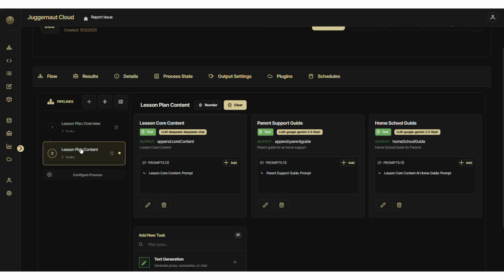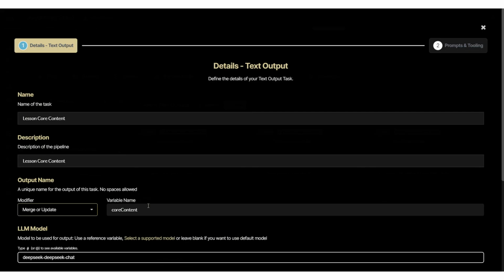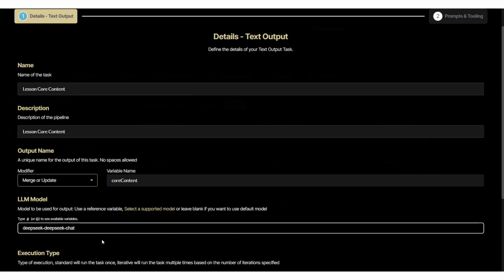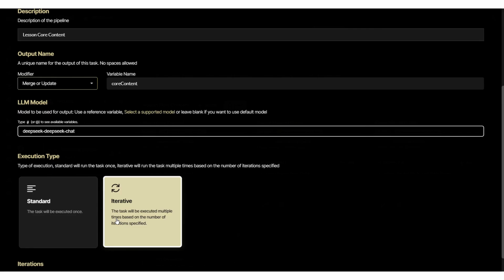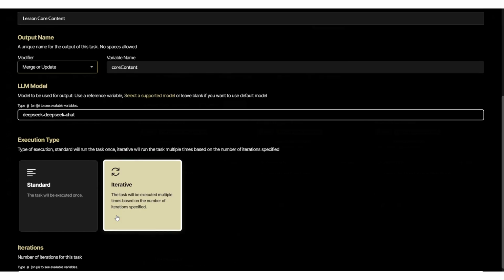After I generate this chapter, I then want to generate the actual course content. So my next step, I'm doing a special kind of task. I'm using DeepSeek chat, and instead of this task just repeating once and generating all the chapter content at once, it's going to individually do this. That way the model can hyper focus, and I can be confident that it's generating a rich amount of content